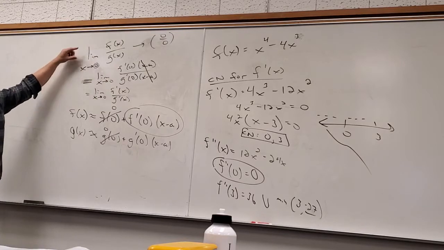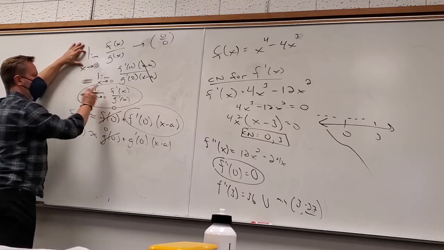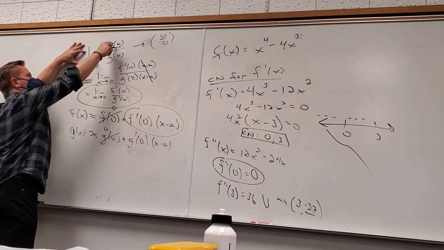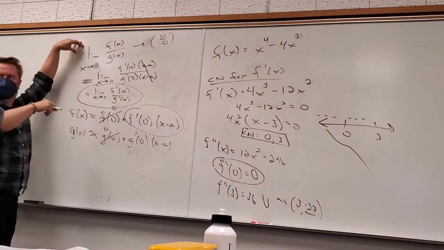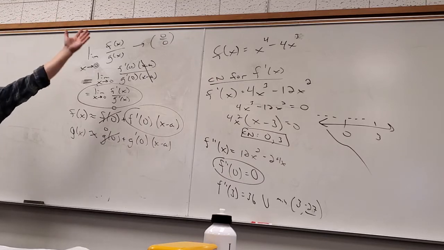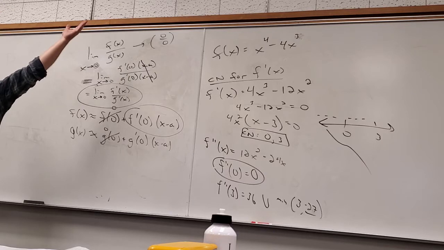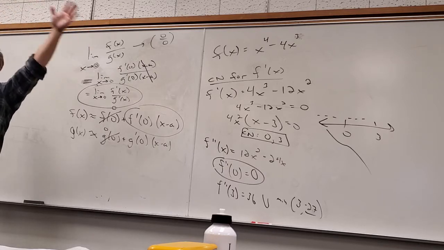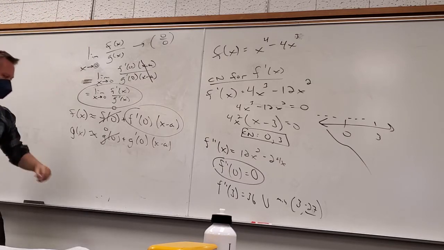How can I analyze that limit? I can just take the derivatives of the top and bottom and then figure out that limit instead. Now, on one level, this might feel like, what? Why would you do that? Derivatives can get gross. But